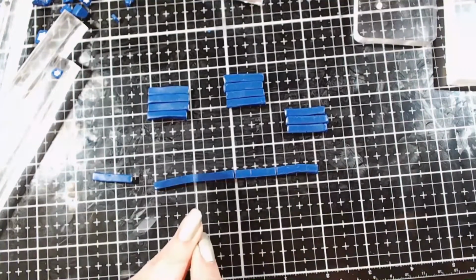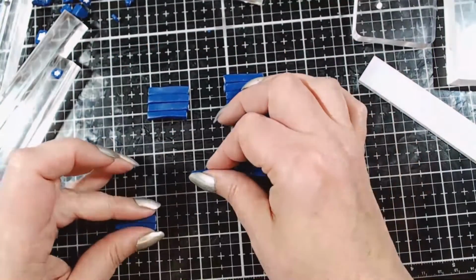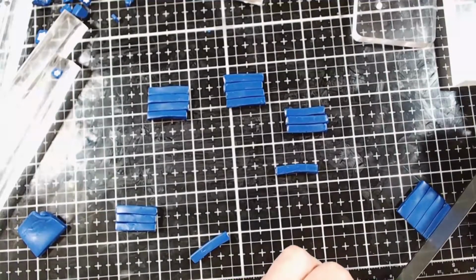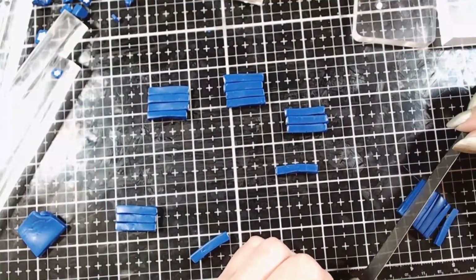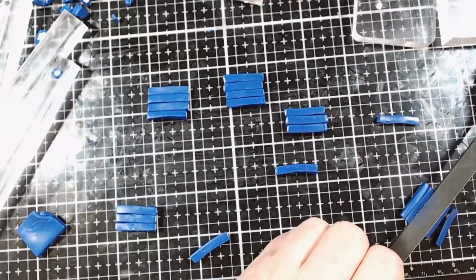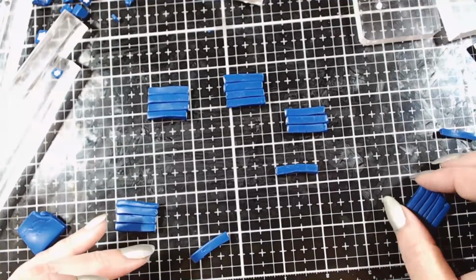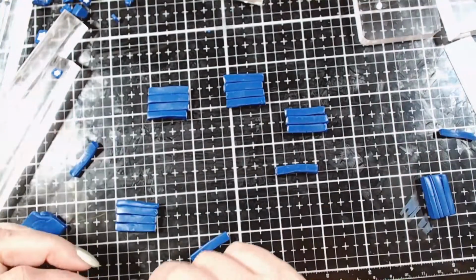So you see, I already made 2 groups of 4, and I am making 2 groups of 3. Now, with the groups of 3, I put some of the navy clay through the pasta machine on the thickest setting, and then I cut some pieces to be the exact size of my star cane, and then I cut those in two, and I'm going to put 1/2 on one end of the 3 cane group and 1/2 at the other end of the 3 cane group,